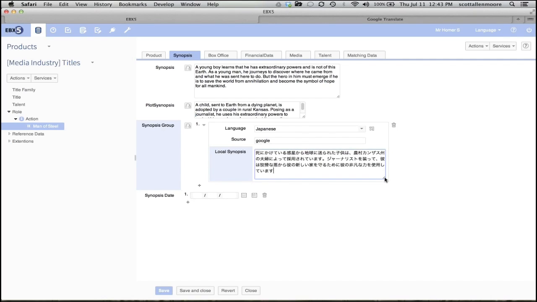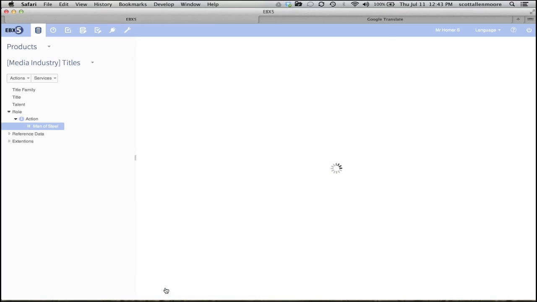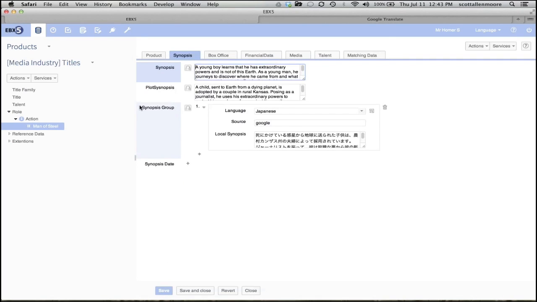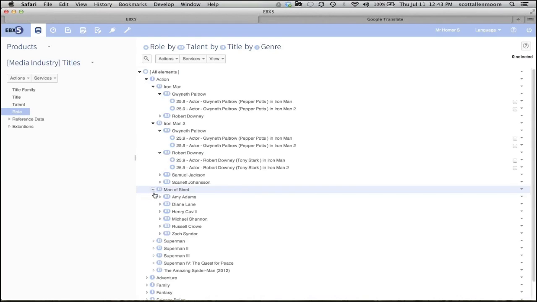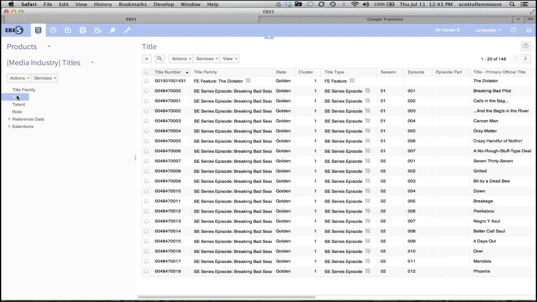I could also create a child title with separate identification information for the Japanese content. And also, by the way, I would usually do this in a controlled fashion. I wouldn't necessarily go right up against my master data. I would put my master in read-only mode and say that the title information can only be changed for Japanese content through a workflow.